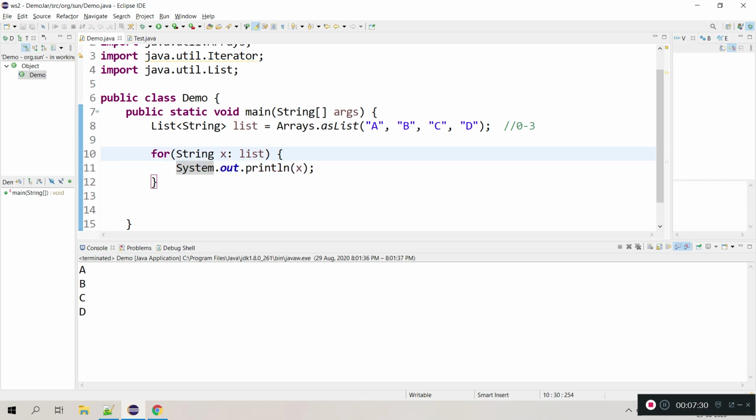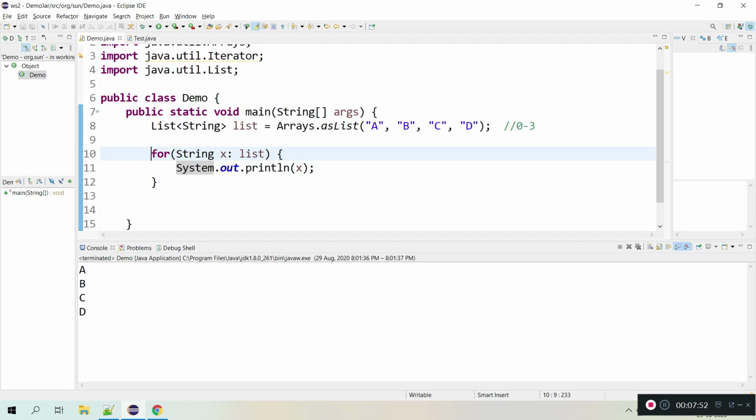So if you see the advantages and disadvantages, the legacy approach, that is while development it is leading to problems if you are not very careful about using indexes or using the iteration.